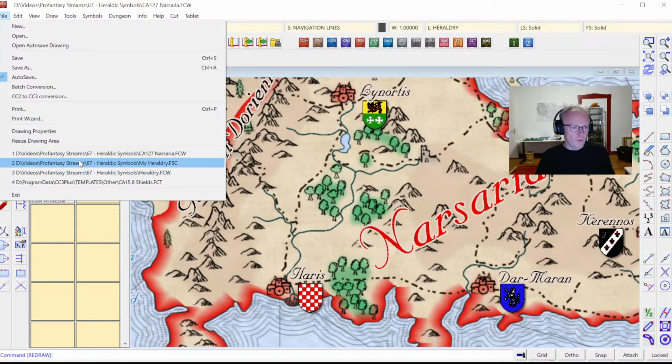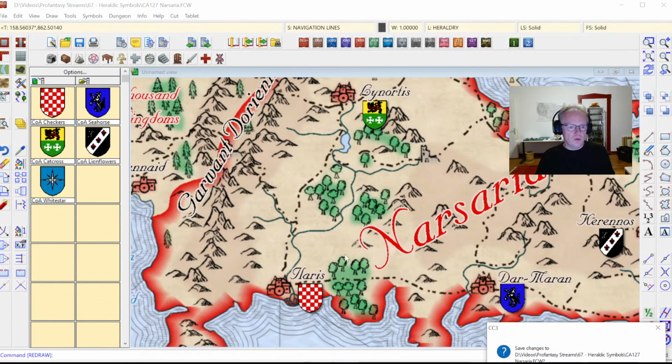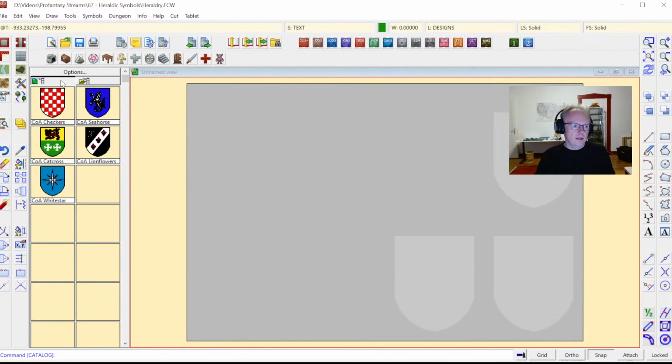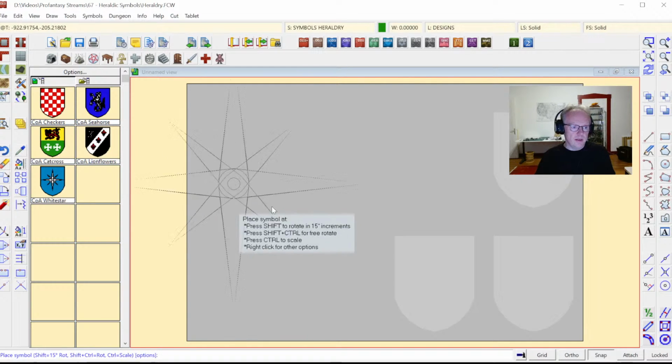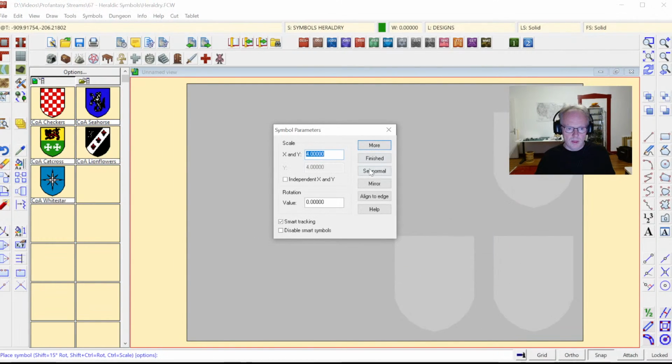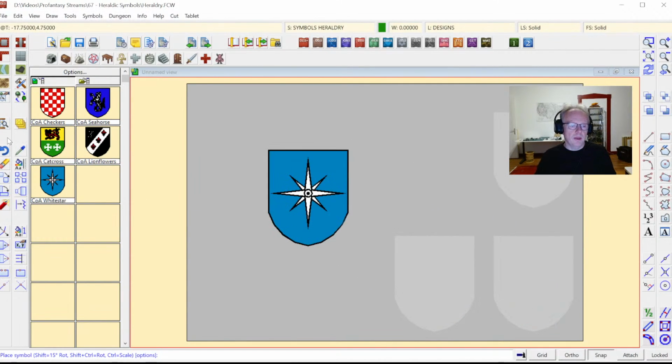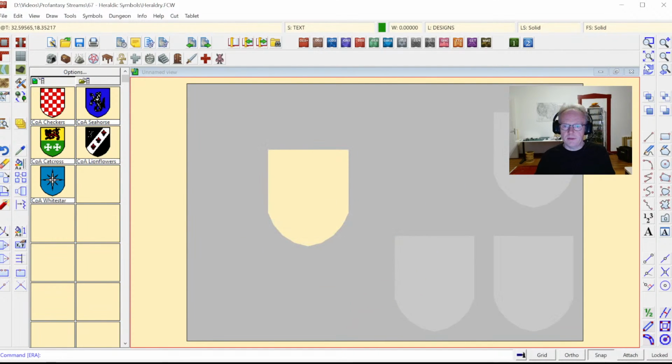So I'm gonna go back into our heraldry drawing, and here we've already got the symbol created. So what we're gonna do, I'm gonna place this one in here again, and then explode the symbol. Erase this,